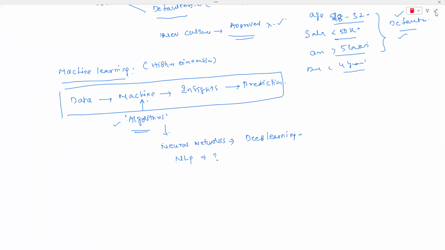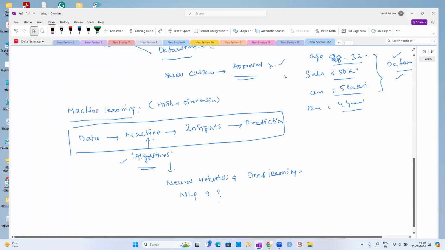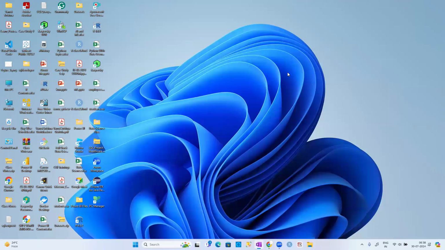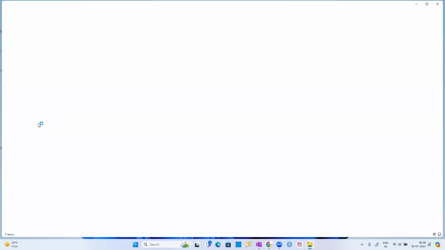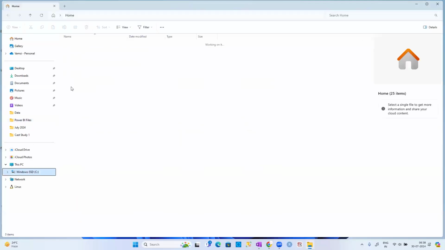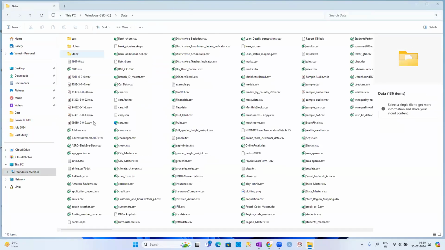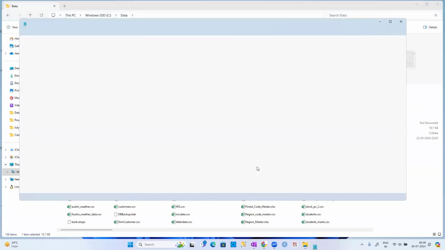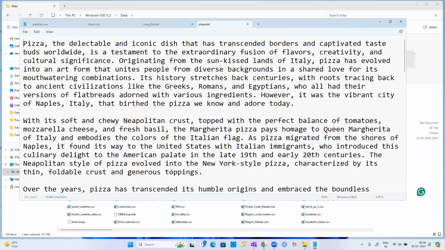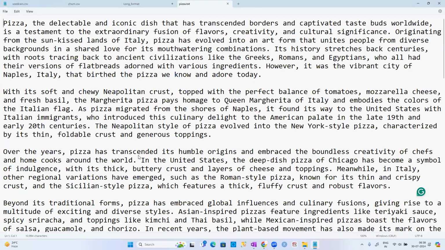For example, if you ask ChatGPT to write an article, it can write an article on whatever topic you ask for. But how is it done? It is completely done with the help of NLP concepts. I'll show you a small example. In our classes, as part of the NLP classes, I also work with NLP. What we do is train the model with this particular data, the data I'm going to give to my machine.